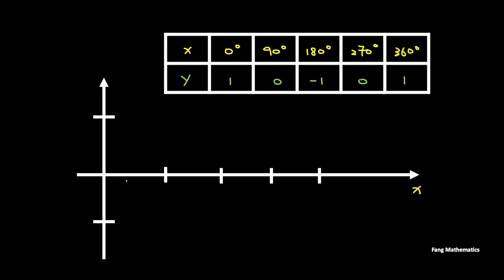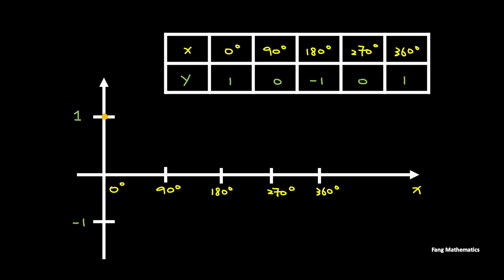Let's first look at the x-axis. You have the intersection as 0 degrees, 90, 180, 270, and 360 degrees. On the y-axis, I would suggest you to label 1 and -1. They are correspondingly the maximum and minimum y we are getting in cos x. Now we are to plot the 5 coordinates starting from 0 degrees, 1,